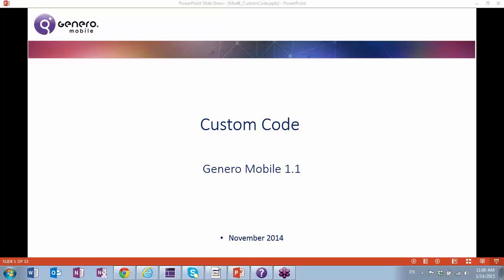So I mentioned that today we're talking about custom code. It's a short chapter, relatively speaking. It's only 32 slides altogether, but I think that's offset by the size of the labs this afternoon. So your labs today, just by necessity, since we're talking custom code, and so there's a lot of